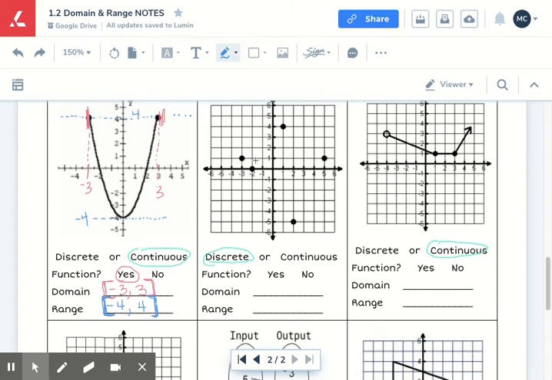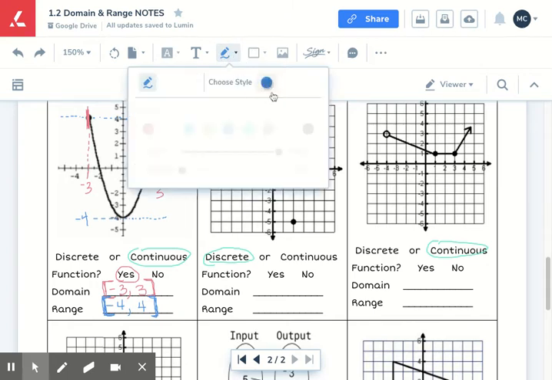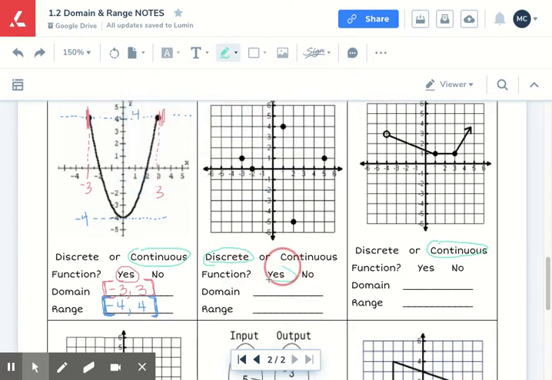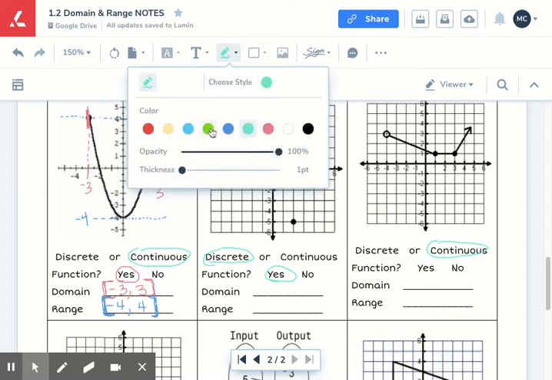Okay, for the second one, we want to first determine whether or not it's a function. We are looking at a graph, so I would use the vertical line test. I would want to look at this graph and see if there's any place on here where I could draw a vertical line and it will intersect more than one point. After a moment's examination, I see it won't. So this one is a function. I would say yes. And since it is a function, I'm going to go ahead and find the domain and